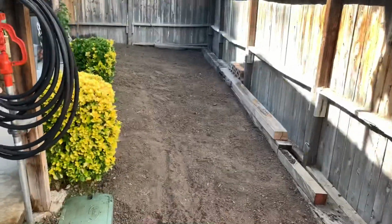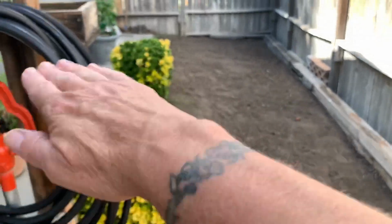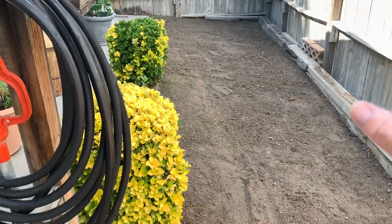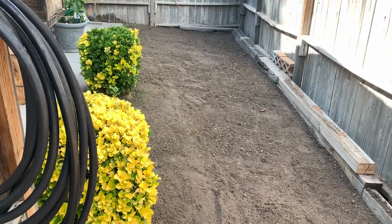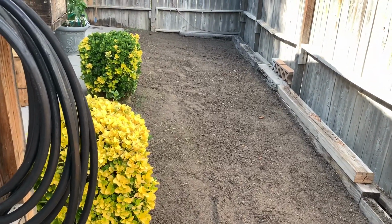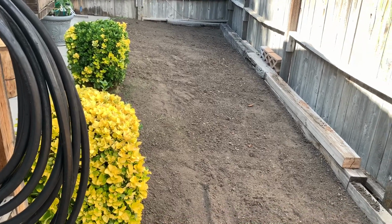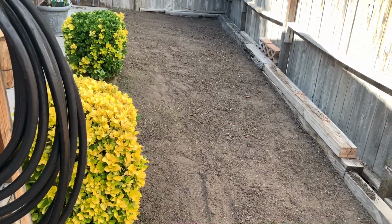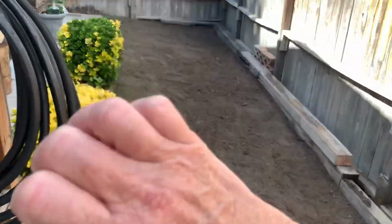So anyway, we have brought over the dirt from the other flower bed, raised bed, and we're leveling that out. And what we're going to do here, it's a no-dig method. I've linked Charles Dowding's channel in my previous video, and I'll link it again because he's really the godfather of no-dig. You don't disturb the soil, you don't dig up the grass, you basically...